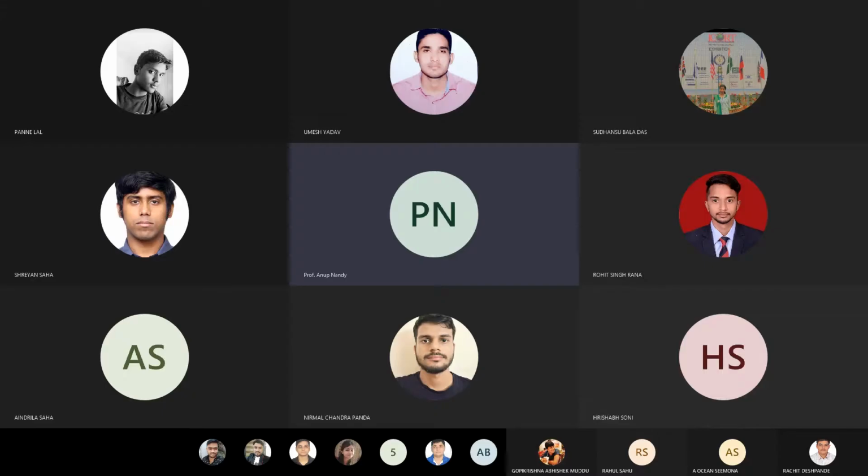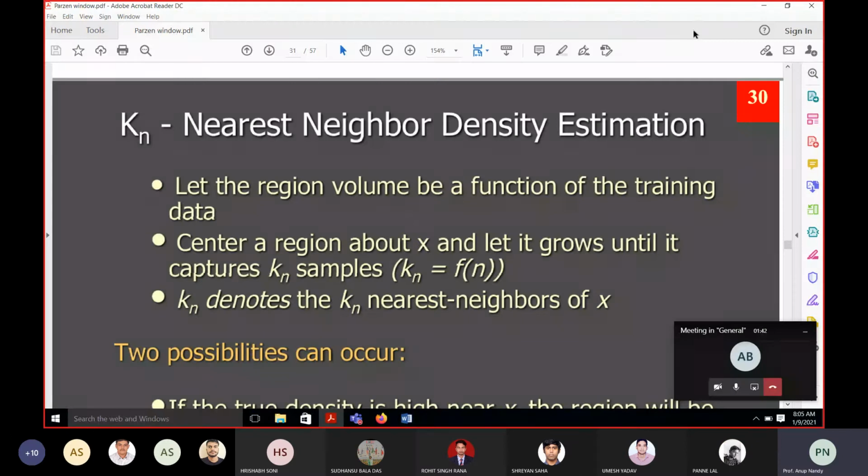Okay, and so I'll take one separate class on k nearest neighbor. That is a very interesting classifier, and you'll also have to implement KNN on satellite images. Actually, if the nearest neighbor density estimations can be implemented in the Bayes decision rule, then you can develop the theory for this KNN, I mean k nearest neighbor.